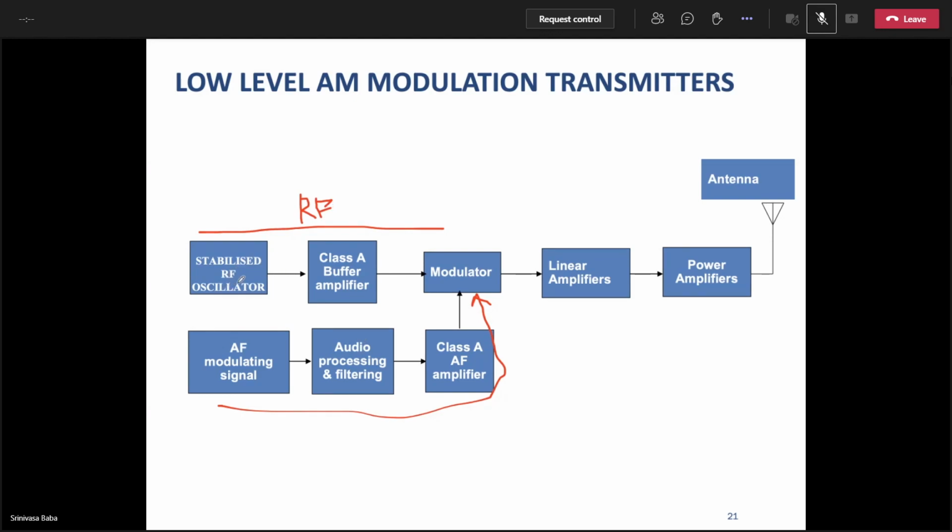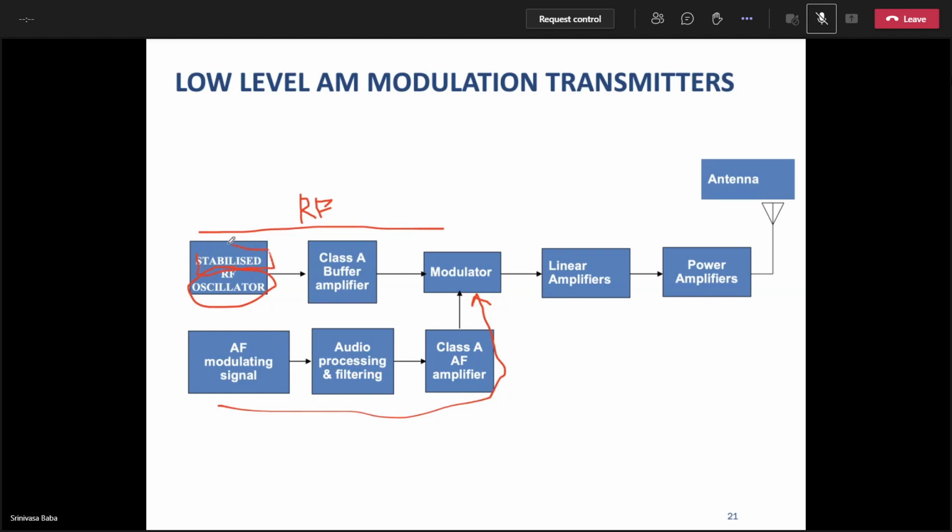For the RF section, you need an oscillator, an RF oscillator. Generally, most of the oscillators, as I told you in the last class, are AF oscillators only, or HF oscillators only, high frequency oscillators only. But if you want to generate a radio frequency signal, you have to use frequency multipliers or harmonic generators. Harmonic generators are frequency multipliers. So we produce these RF oscillations from a stable oscillator.